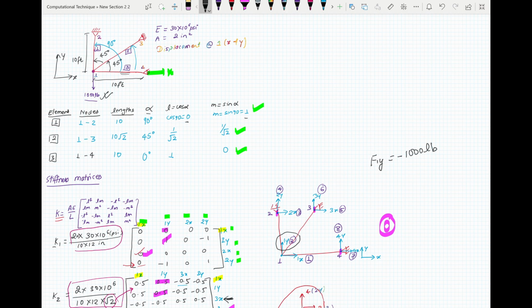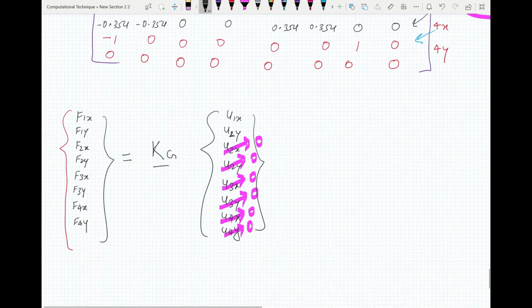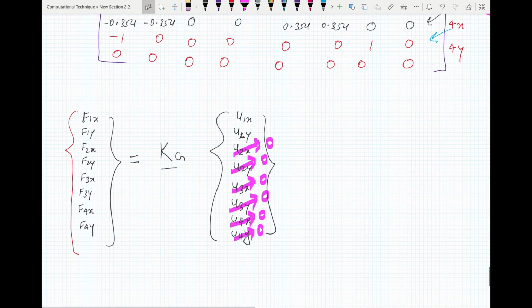And for the x direction here, F1x, we have no load applied, so F1x equals 0. But for the other degrees of freedom, you'll have your reaction forces. Now for this case, we write F1x equals 0 and F1y equals minus 1000 pounds. Therefore, our equation will reduce to,